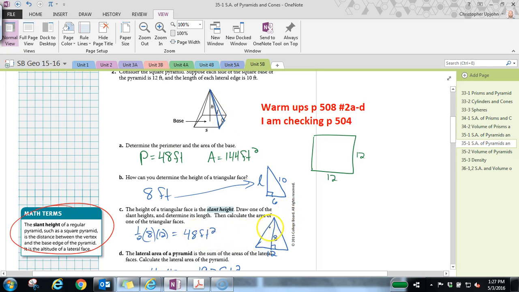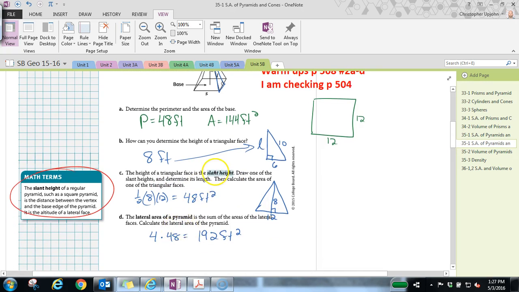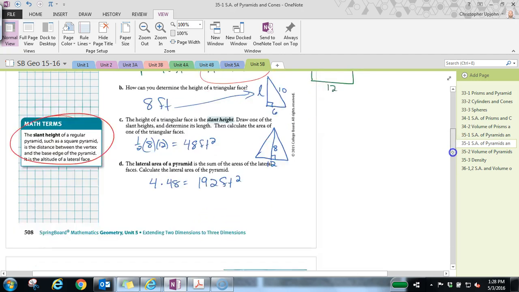So to find the area of the lateral face, it's just a triangle, so 1/2 base, 12, times height, 8, and that's 48 feet squared. The lateral area, well, there's 4 of those, so 4 times 48, 192 feet squared. What are we still missing? We're still missing the area of the base, which we found up here. We add those two up,